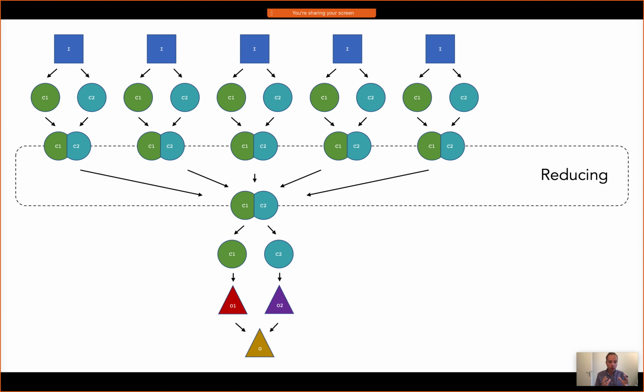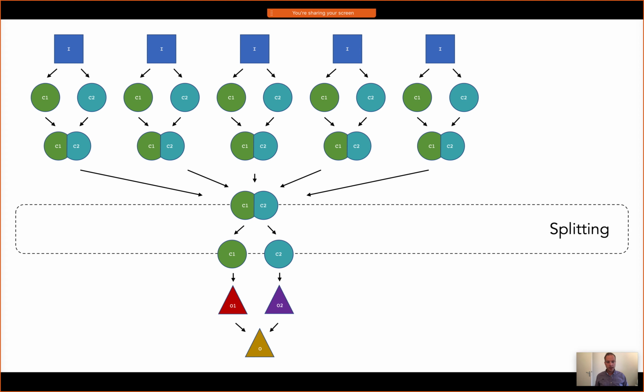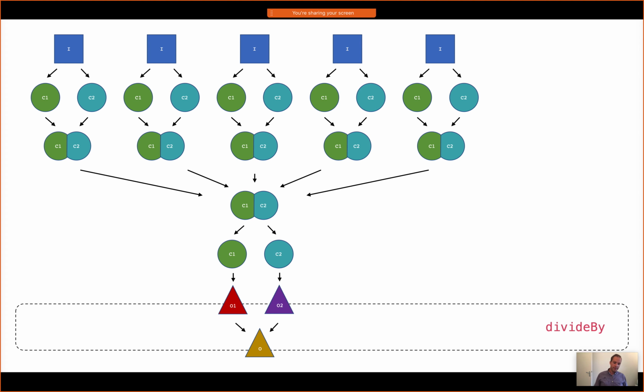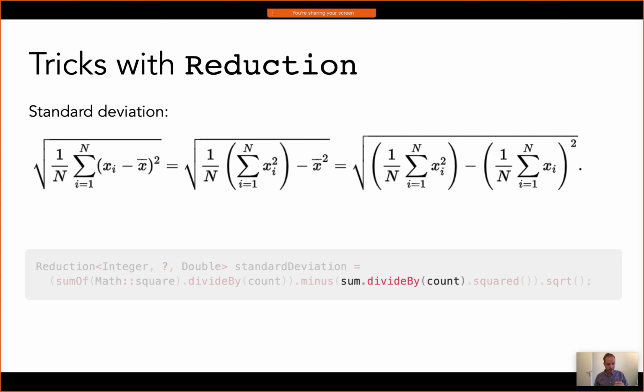So I can reduce this blob into one blob. Then I can split it up again to get one C1 and one C2, map each one to its own unique output element, and then only at the end I can divide the two, right? So that combination operator, the divide by, only comes in way at the end, when I'm already done calculating both the output elements. So I have a reduction here, sum divided by count. It's a reduction as well, according to the recipe from the previous slide. And you see here minus just subtracts two